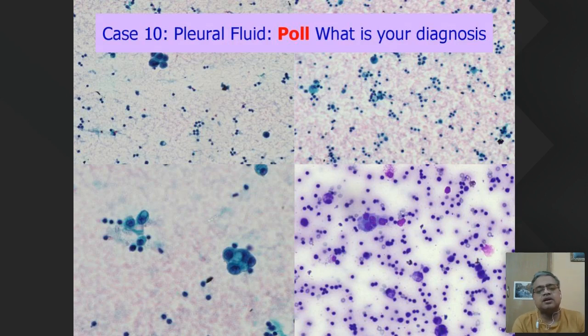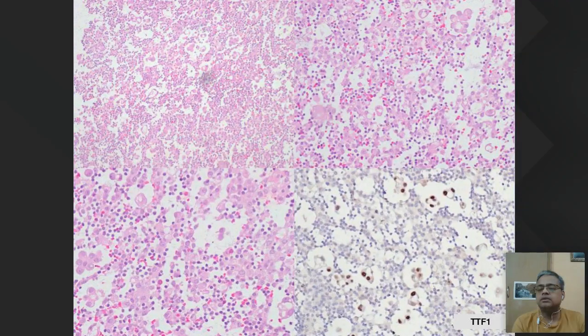So on morphology, I would have thought these look reactive, but now that we have a cell block, we do the cell block and we find that predominantly it is like reactive mesothelial cells. On morphology of this, you find that a few look like there are clusters which could still be reactive mesothelial clusters. So on cell block morphology also, you are not sure. Now they don't look like the kind of gland formation which you normally use in a positive diagnosis of a cell block.